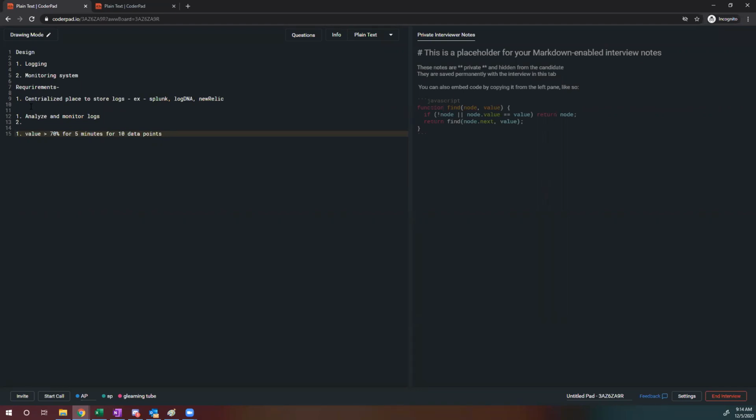You can say, okay, for this log, let's say the log is something like CPU, and the value is something like 60. So this is the parameter, this is what I'm understanding, and the value is 60. So if for the last 5 minutes the value is greater than 70, and for 10 data points, we can even define our data points, that means I have to take some action, and that action could be